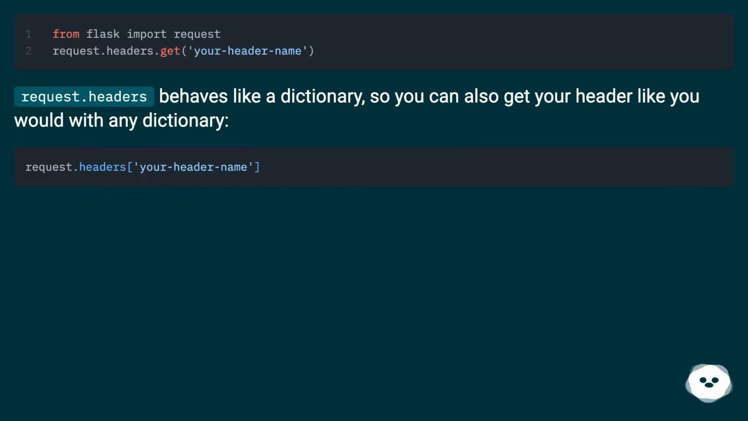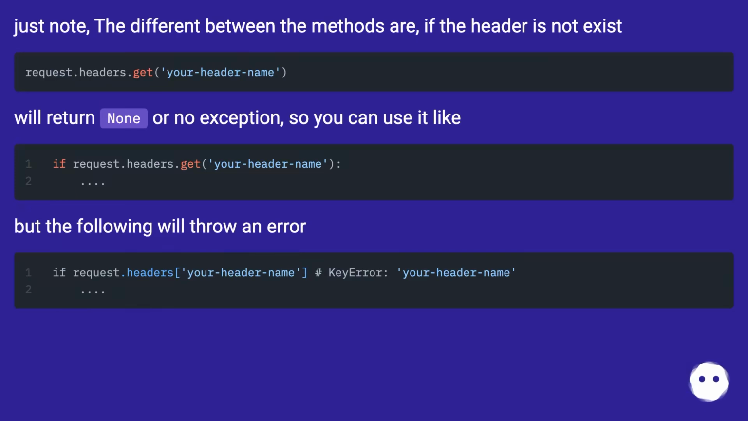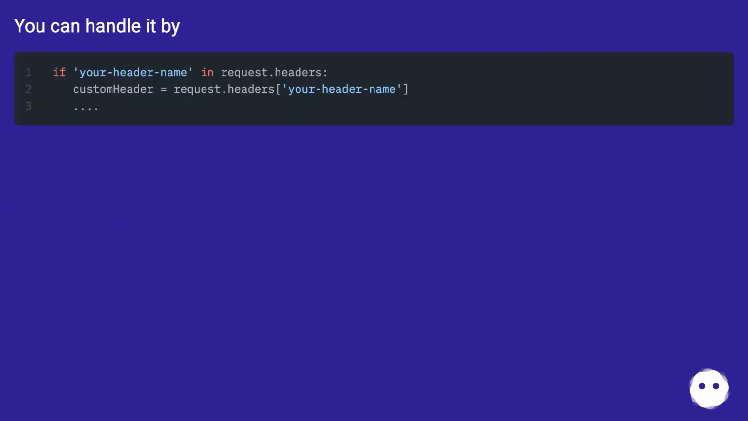Request.headers behaves like a dictionary, so you can also get your header like you would with any dictionary. Just note the difference between the methods: if the header does not exist, the get method will return None with no exception, so you can use it like this. But the following will throw an error. You can handle it by